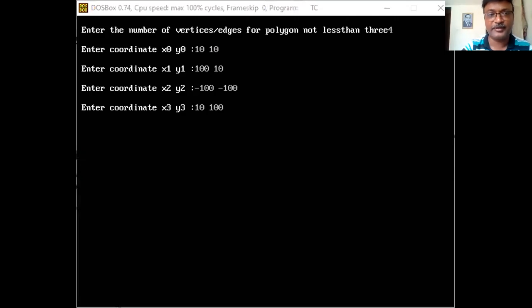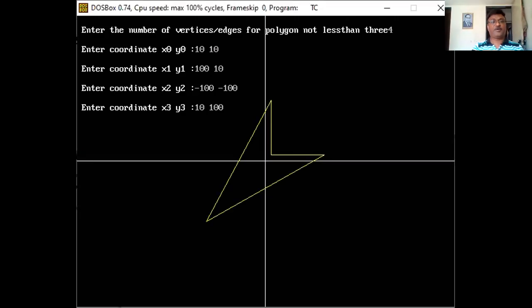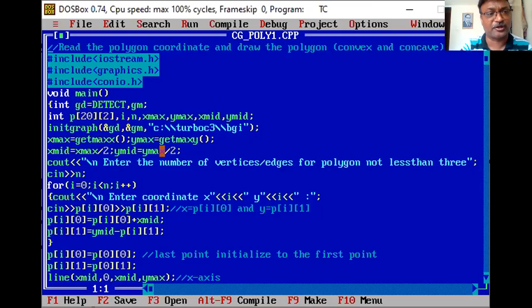Now, once you enter this, see, this type of polygon appears. Which type of polygon is this? This is the convex, nothing but the convex type of polygon. Why? Suppose I consider any 2 points and join them. Some part of the line is outside the polygon. You may also change the color.